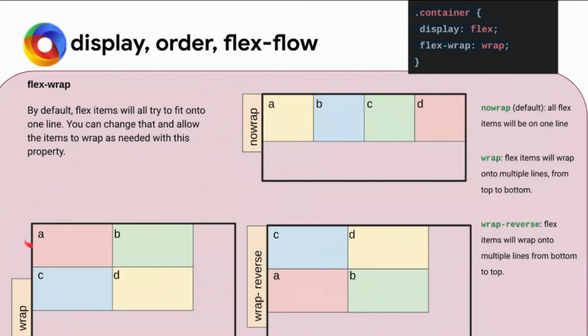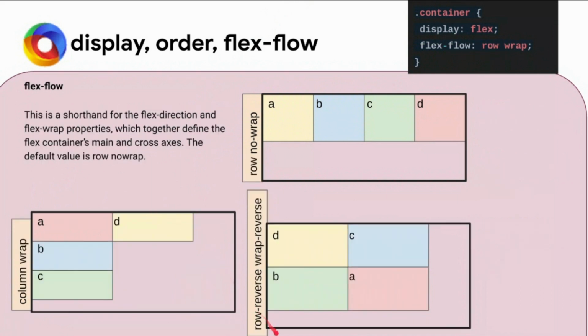Okay, and if you want to totally reverse that, like suppose here you have seen in the wrap I have put A B C D, and you want D C B A in the sequence, then for that we can use row reverse and the combination of wrap reverse. These two combinations totally change, by 180 degrees, the sequence of alignment in the row and the wrap. So ABCD would turn into DCBA if you use the combination of row reverse and wrap reverse. So here flex flow is the combination of two things, and the combination can be used to alter many structures according to how you want.